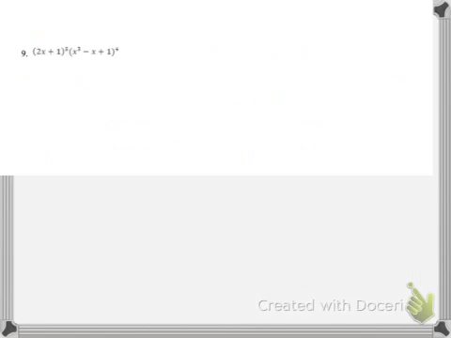All right, next. Now I just have a problem where I'm doing what? Looking at this, I'd use the product rule, and within the product rule, I'm going to have to use the chain rule. So for the derivative of the first function, I'd use the chain rule. I'd say 5 times 2x plus 1 to the 4th times the derivative of 2x plus 1, which is 2. Okay, that would just be the derivative of the first function times the second function, x cubed minus x plus 1 to the 4th,